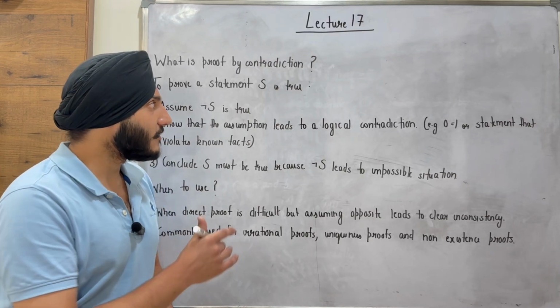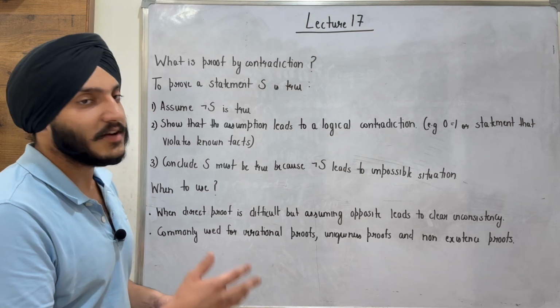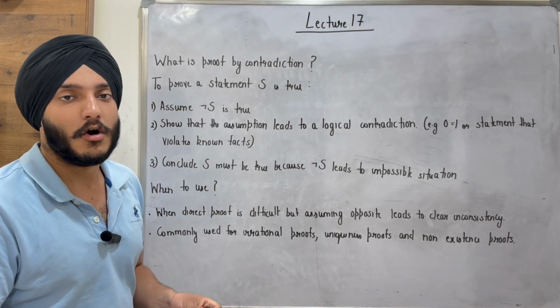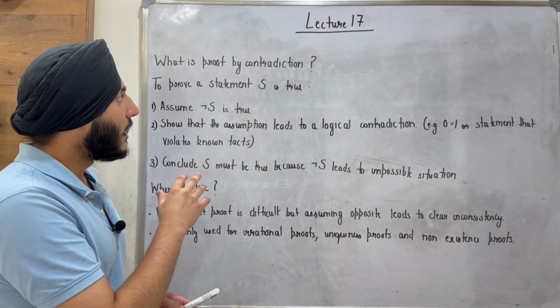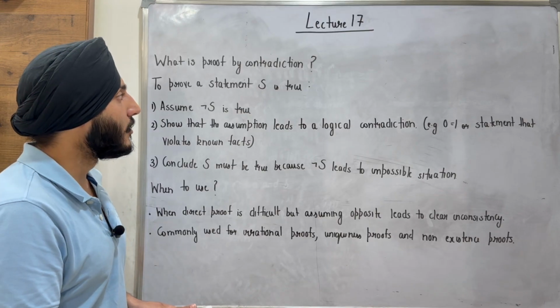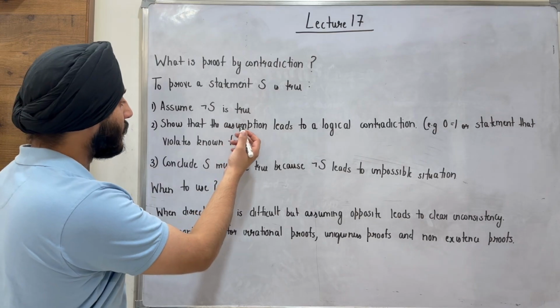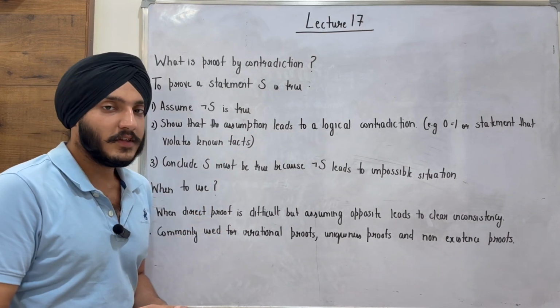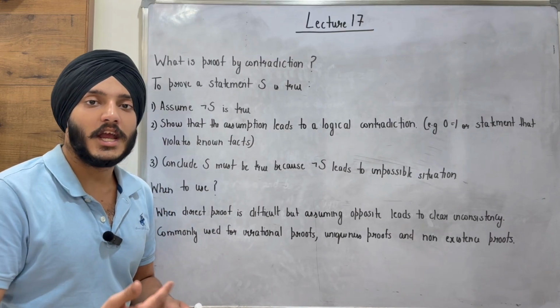So let's try to understand the definition of proof by contradiction. I hope you all understand the word contradiction. I think we use it a lot in our vocabulary. So understanding proof by contradiction is very similar, so it shouldn't be that difficult. Basically, assume the negation of S is true. The first thing that we start with is whatever I'm trying to prove, I assume that the negation of it